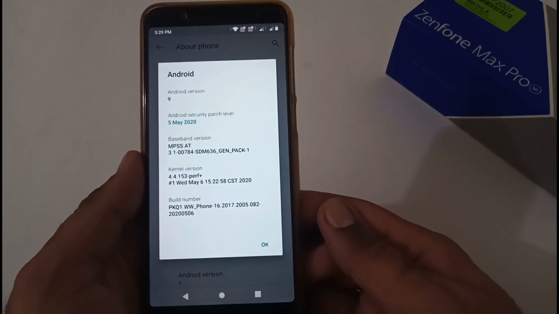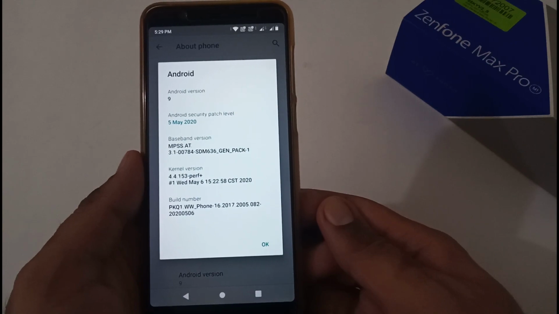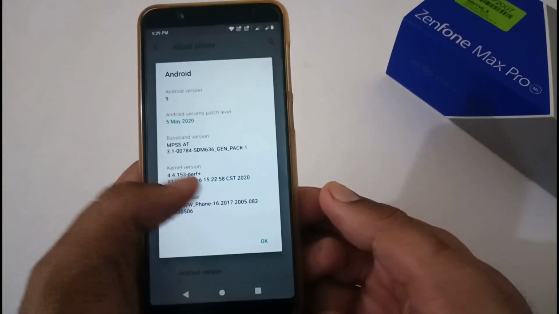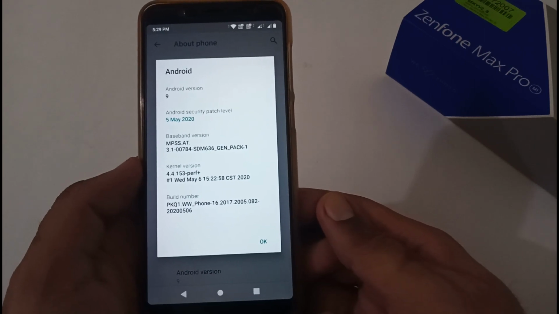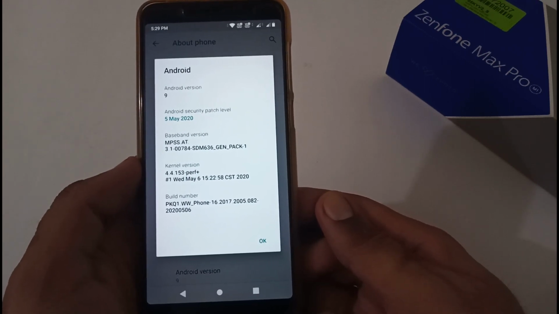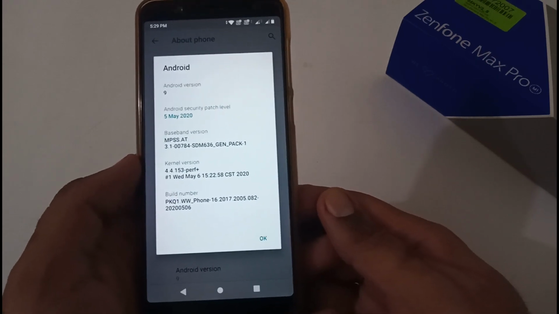We are again back with another video and this time it's on Asus Zenfone Max Pro M1. So in this particular video we'll see how to download the Delta package for the version 082 to version 084, and aside to that we will also see how to download the same Delta package for the version 063 to 084. So let's begin with that.